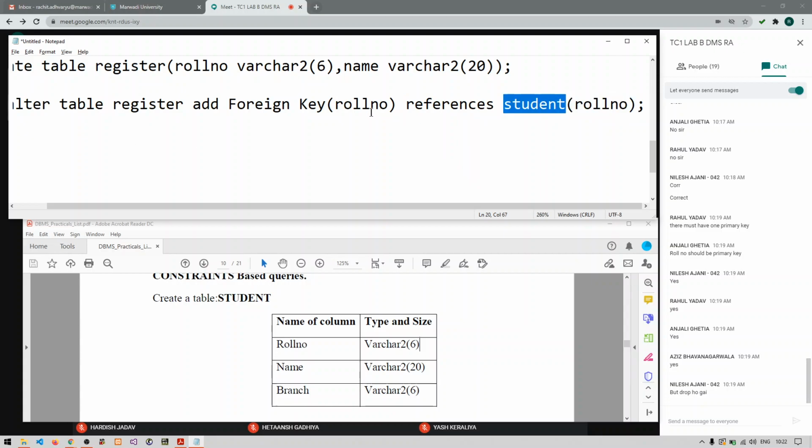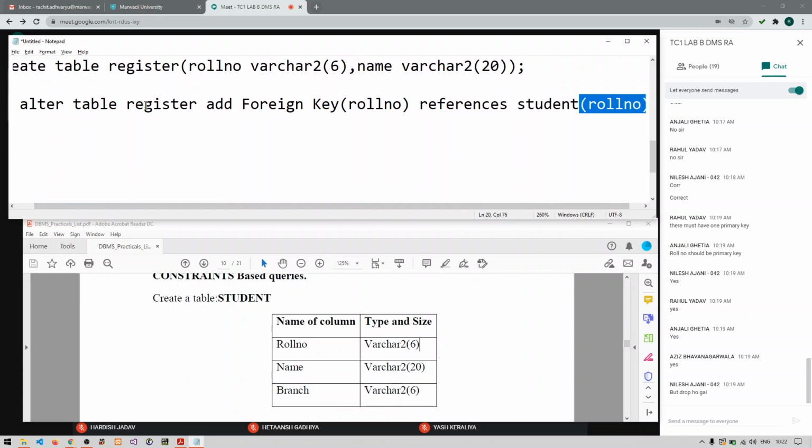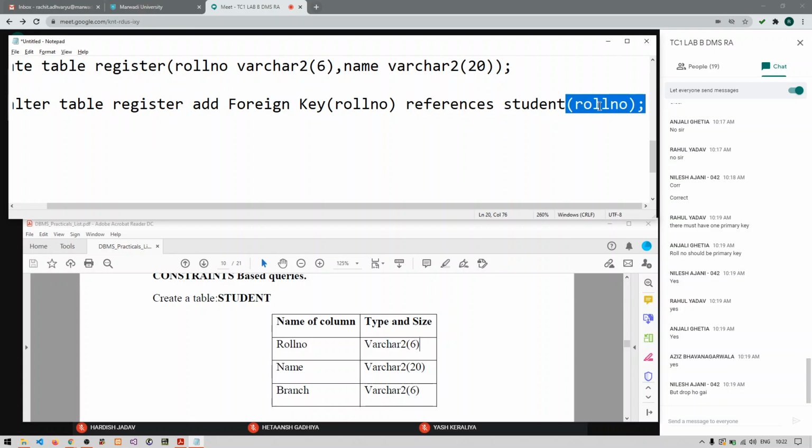So I am writing here roll number, references student table, and specifically the roll number column. Right? So what does this statement mean actually? The statement means that this roll number column is a foreign key of this register table, and it is going to refer the roll number column of this student table. Clear everyone, or shall I repeat?